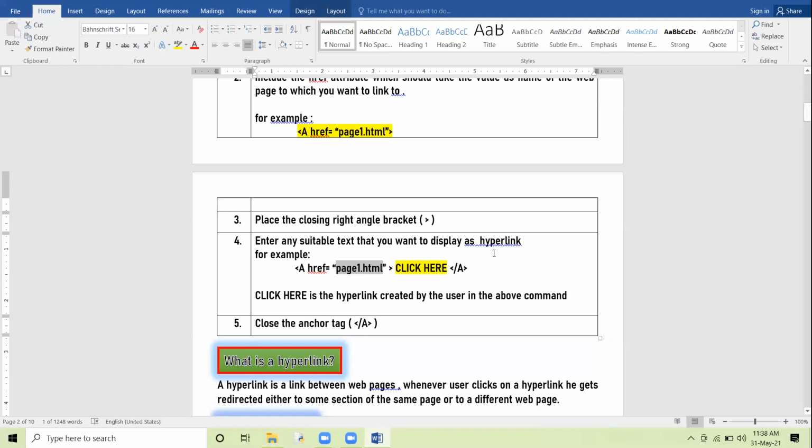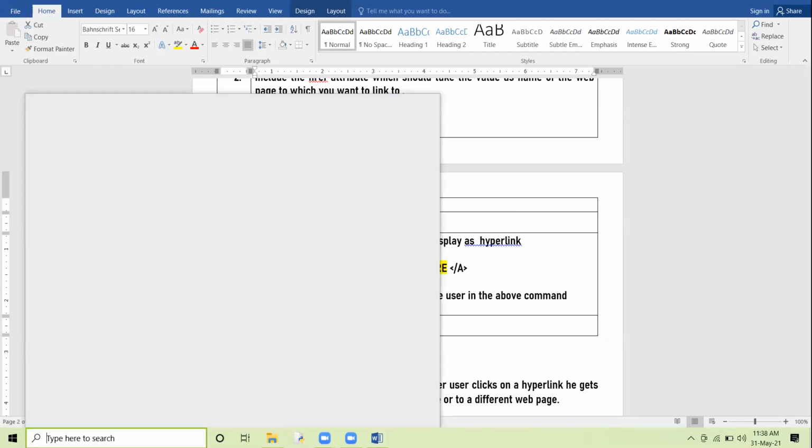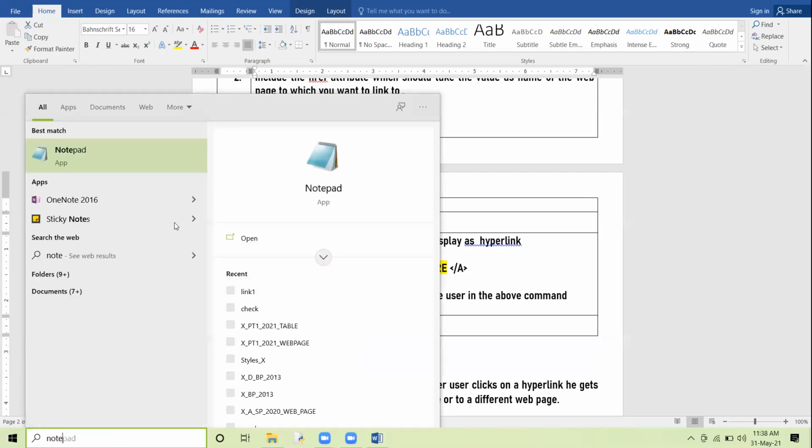Clear? Now practically we run this so that you people get to know the clear meaning of linking.